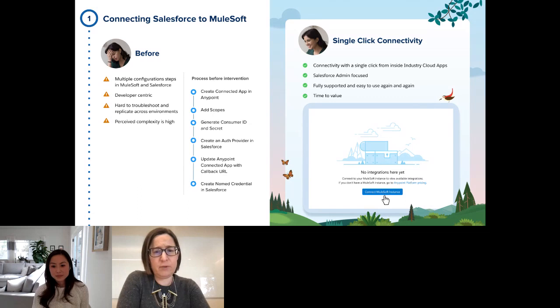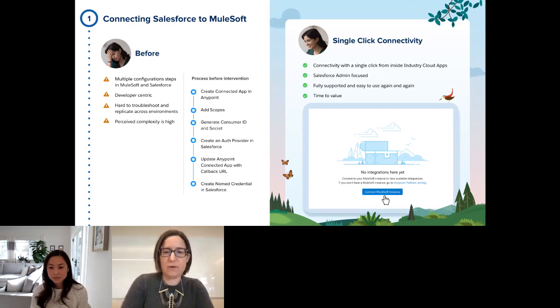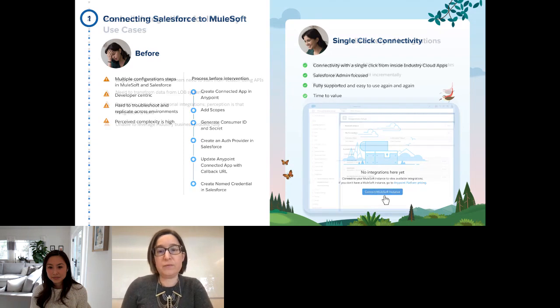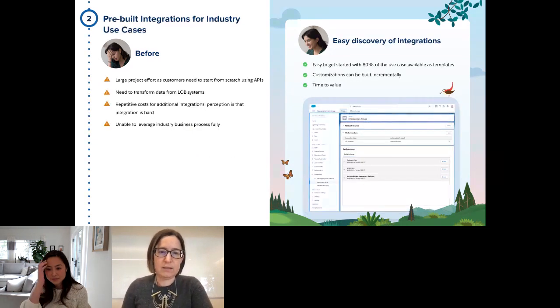So we are doing all of that in the background, and all we're asking is for the user to connect to your Anypoint platform instance. Once you provide that, we will do all of that in the backend. So we really accelerate that process from hours to literally seconds. So that's the first benefit of the MuleSoft Direct foundation that we're providing. The second is around